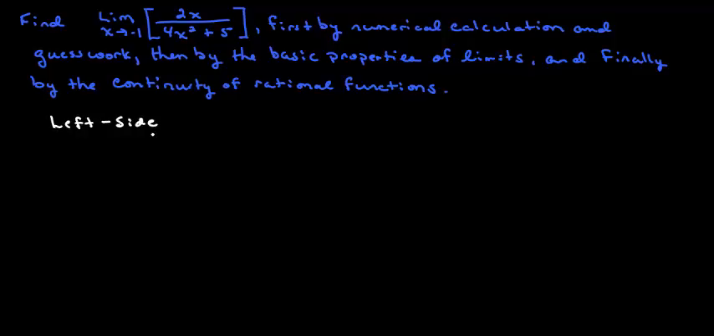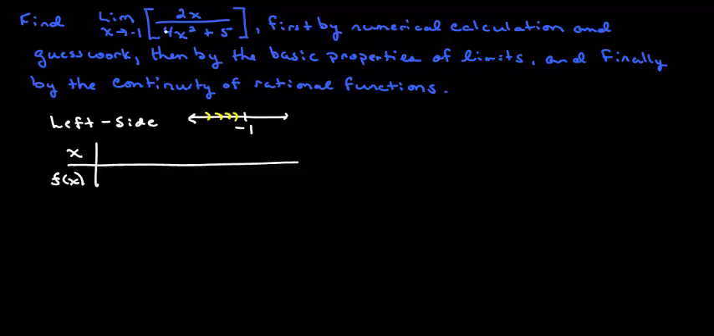So let's come in from the left side first. What that means is that here is negative 1, and I want to start using values that are closer and closer to negative 1 from the left side. So that would be x and f of x. We'll call this guy inside here f of x. And so let's start picking some values that are close to negative 1 on the left side of it, so over here. So let's go negative